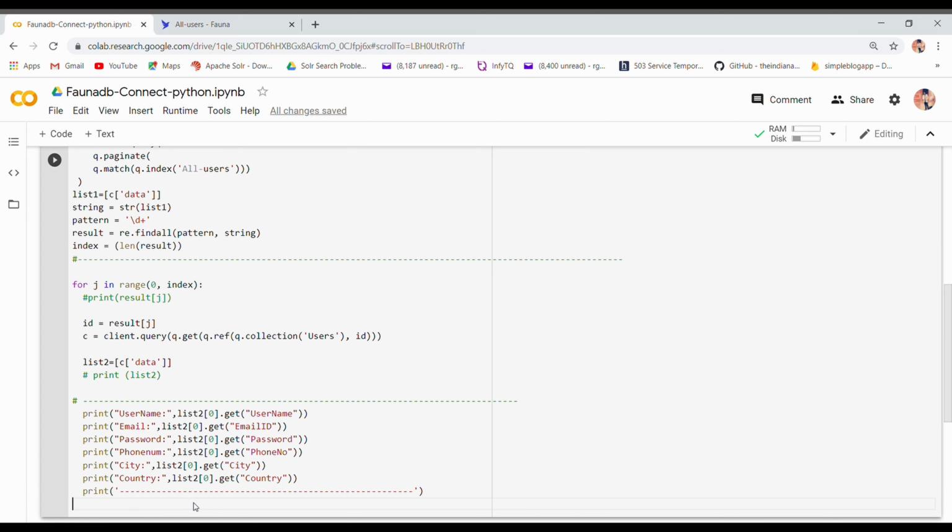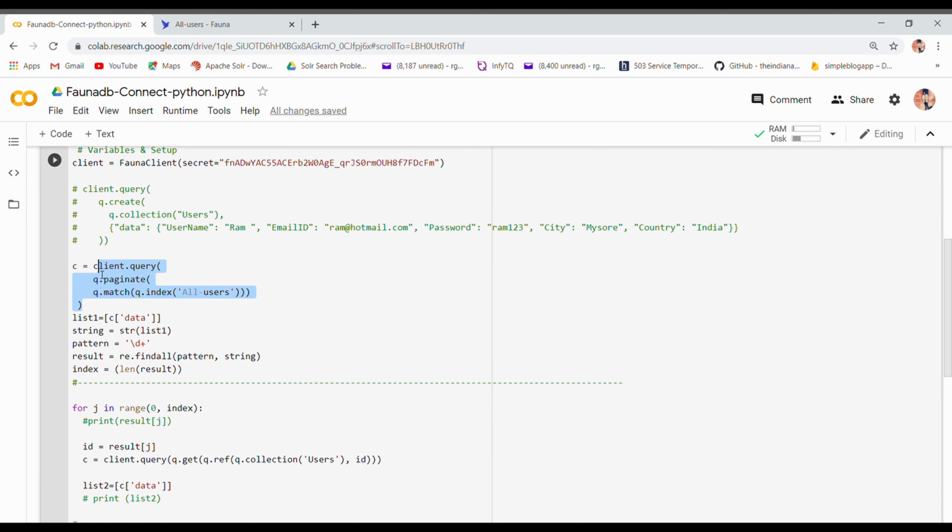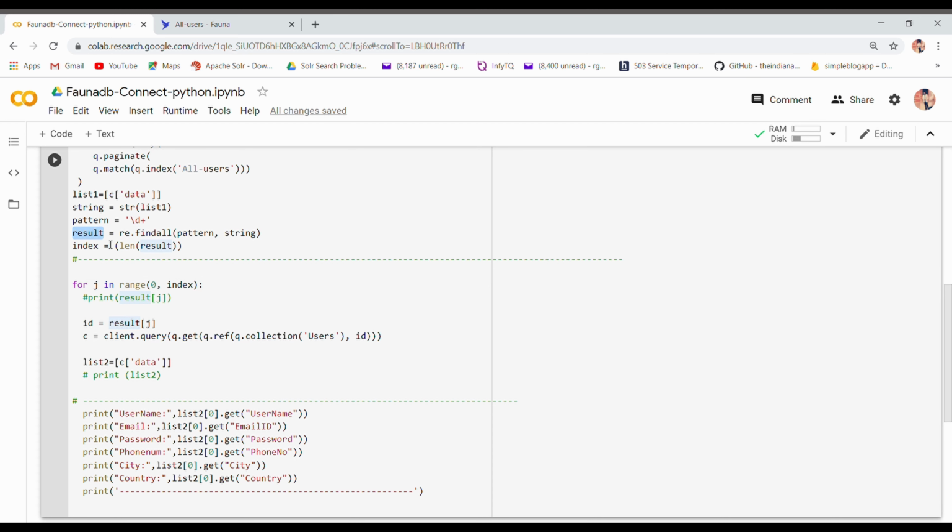This is the connection code, and this is the query to retrieve all the documents from the database, and we'll store it in this variable C, and from C we will get the data from it and store it into a list called list1, and then convert that list into a string and store it in the variable called string, and we'll define a pattern and search for this pattern in that string by using the function re.findall, where re is the regular expression module and findall is the function of it, and then we'll store the length of the result into the index variable. Then we'll iterate over the result through which we will get the details of all the data present in that collection.